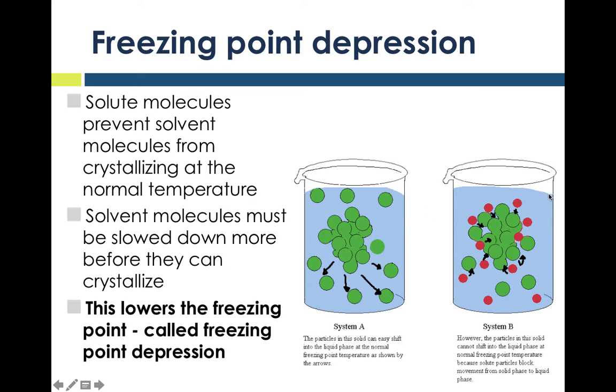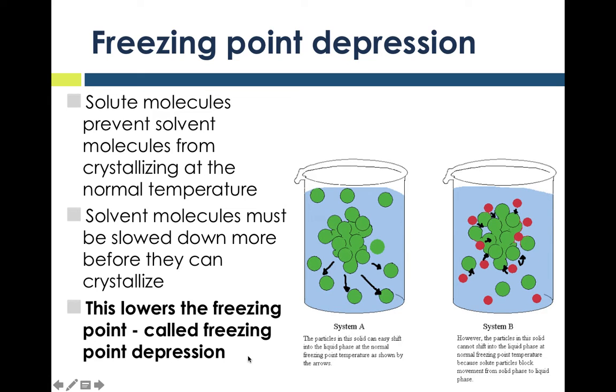But let's consider adding now a solute to it, like salt or sugar. What these solute molecules do, just like with boiling point, is they start to block the other water molecules from joining in to form ice, for example. So if you add salt to water, you're actually going to lower the freezing point of water,